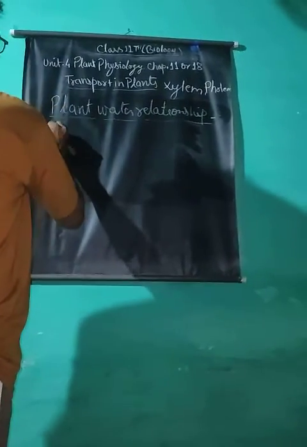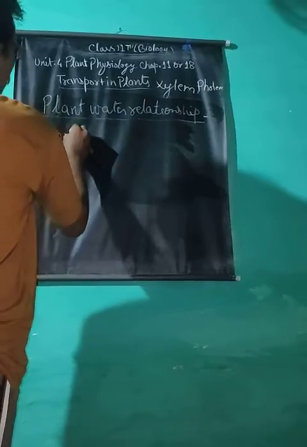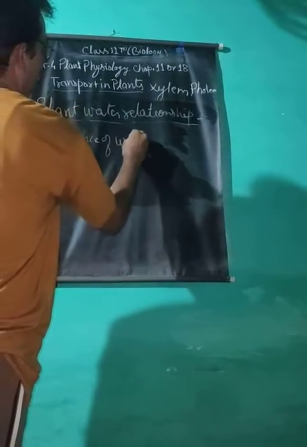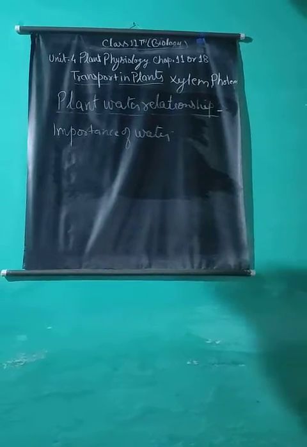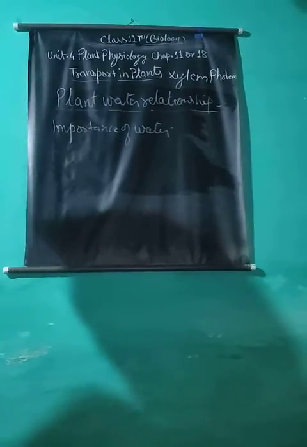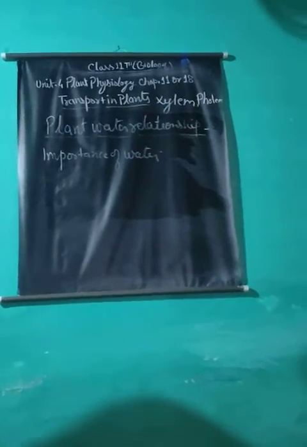Importance of water for plants. Water constitutes 60 to 90% of the cytoplasm. In the absence of water, the cytoplasm becomes inactive and the cell dies. Water acts as a universal solvent. Thus it acts as a carrier for different types of substances. Most of the biological substances are soluble in water.